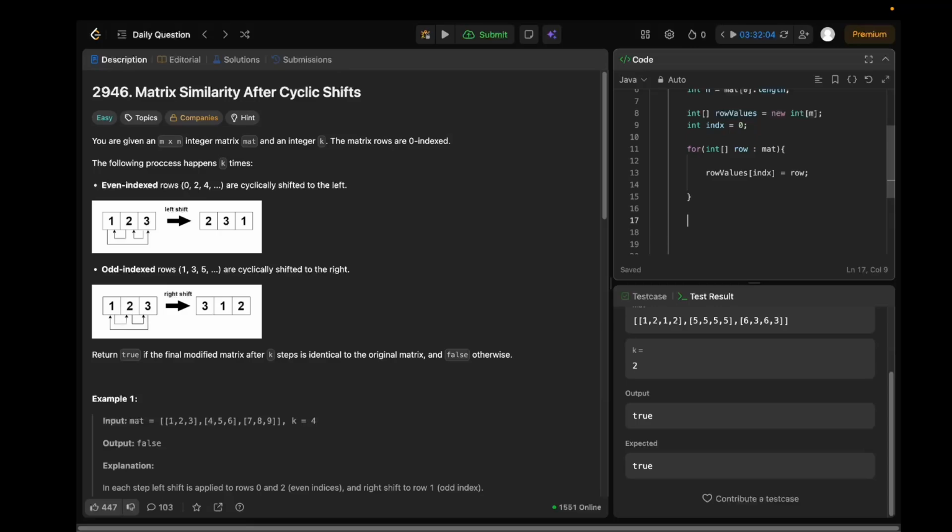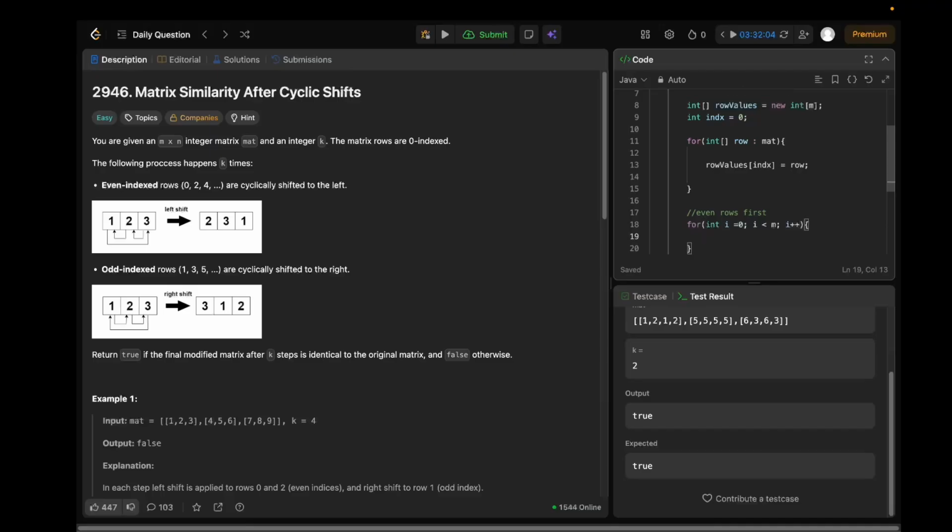Let's go for even rows first, because if any row is different, we would return false, right? Let's do for integer i equals 0. i must be less than m, because the number of rows is m, i plus plus. What do we want? First,